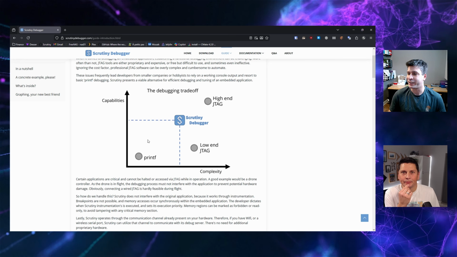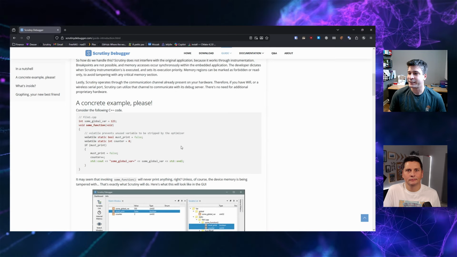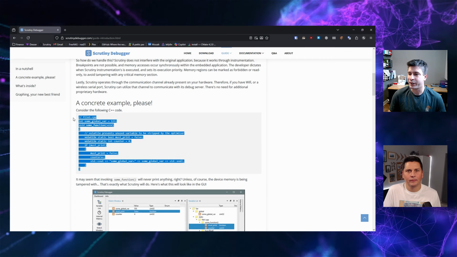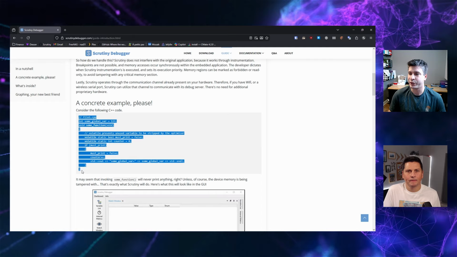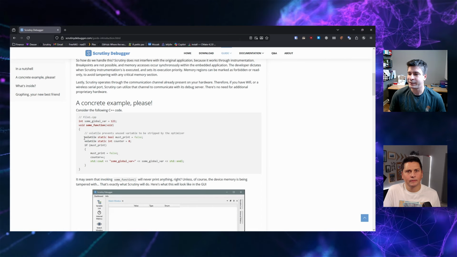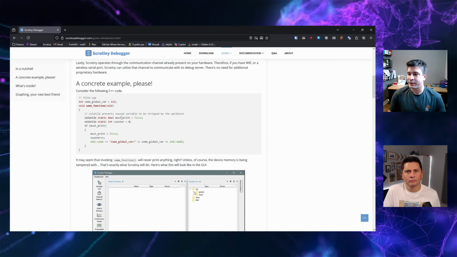And we talked about printf, and we see that Scrutiny is an in-between solution between a printf and a high-end JTAG, where you can do more than a printf, but maybe less than a high-end JTAG, but it's much easier to use. So the way it works is, if you make a software, let's say this is an embedded software here, where you have a simple variable that you declare. We see in this example of code that we set a variable to false, and if that is true,